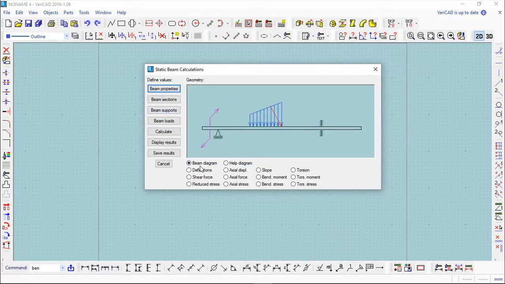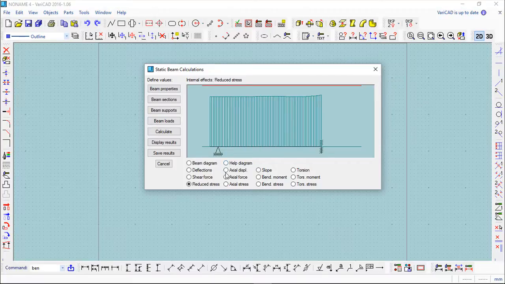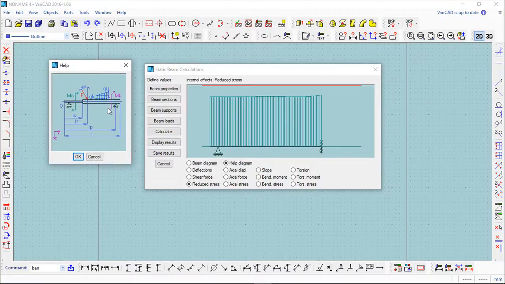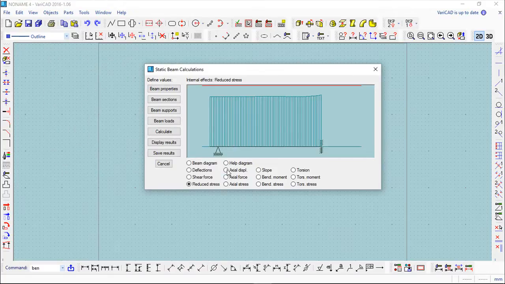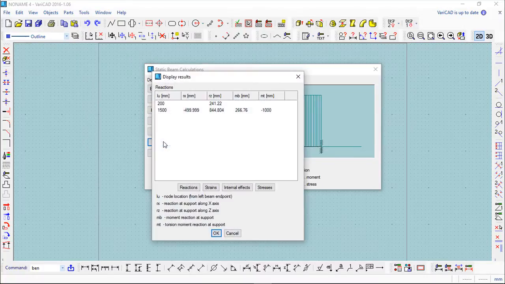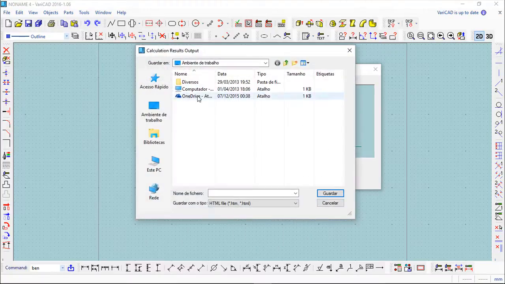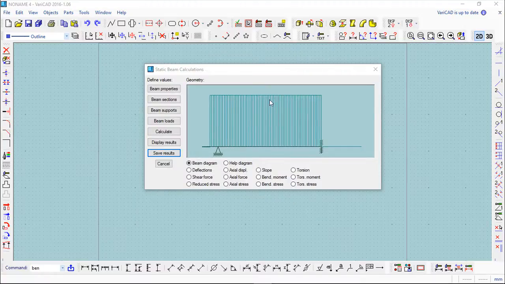It's making the calculation, and now you can have the graphics. Okay, shear force, reduced stress. This is a help. You can see some of these values. Axial displacement, axial force. Okay, a lot of things you can analyze and check. Okay, you can save results, you can display it. Okay, reactions, strains, internal effects, stresses, whatever. This is quite complete. You can save all these things also in whatever format you want. But the idea is you can have these calculations quite easily available for you